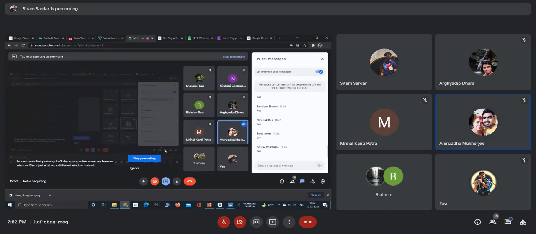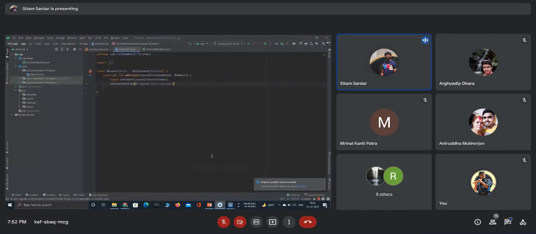Yes. Okay. So whenever you run an app, it will every time start from an activity class only, and inside that activity class it will start from the onCreate function. As I told you, to create a function in Kotlin you need the fun keyword.